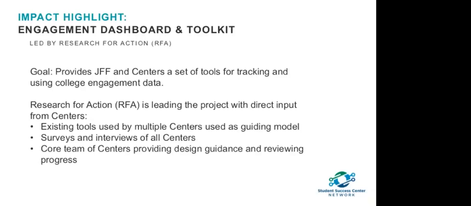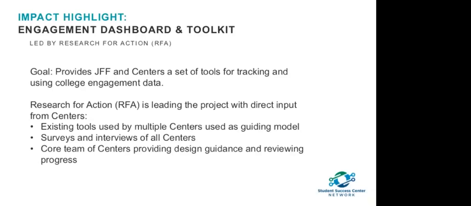RFA built a rubric that sits behind each of these indicators that I thought was super transparent. You could see really easily what the actions were that fed into this dashboard, so that when you log into the dashboard, you see these really great graphics that show you an at-a-glance snapshot of what's happening with any given initiative.